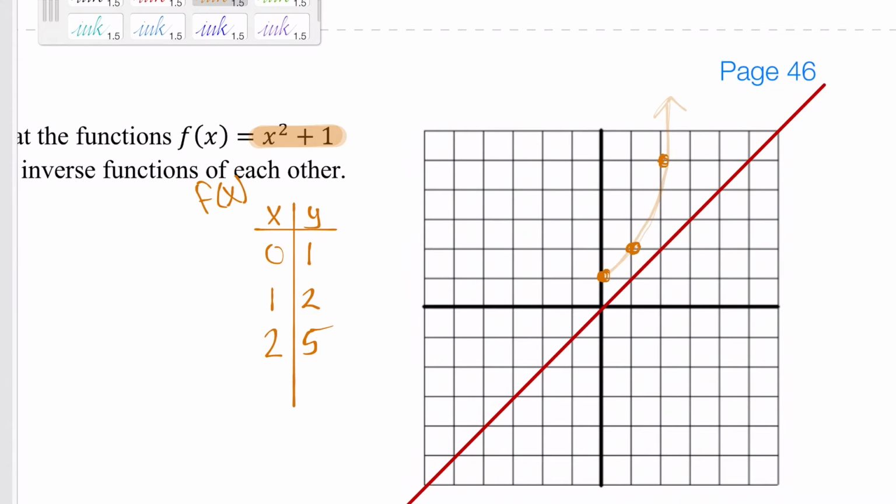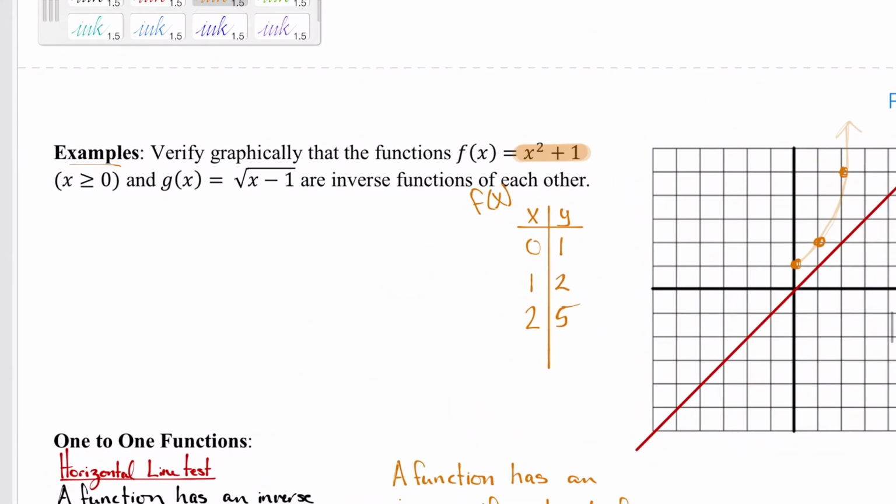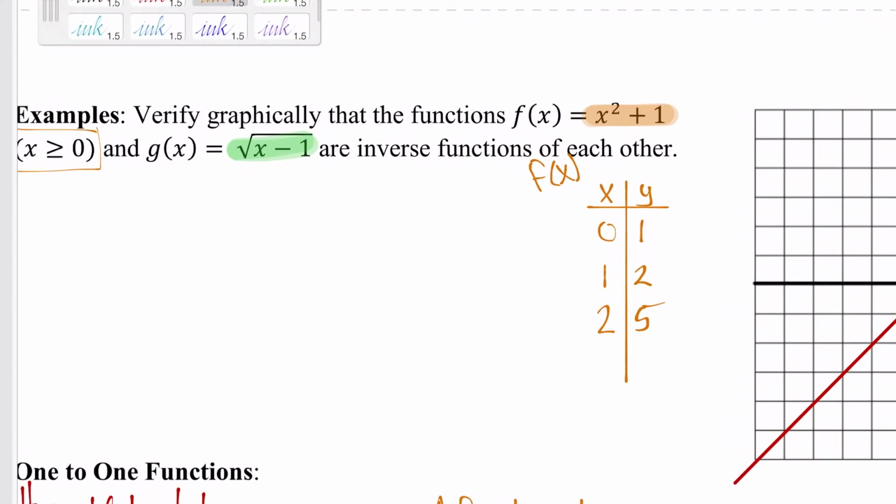So this is the part of the graph that they want me to show because they said just greater than or equal to 0, so I'm not going to graph the other half of it. And then we want to graph this other function, our square root function, our g of x,